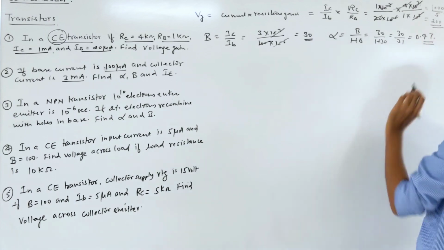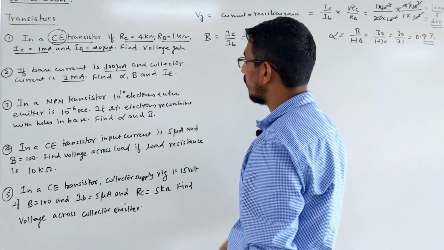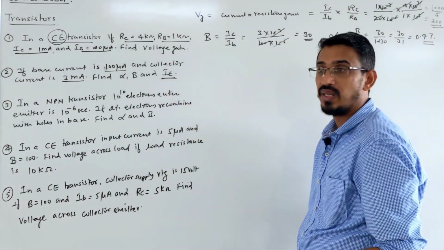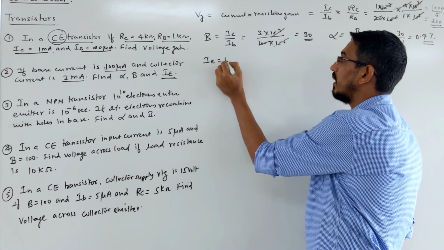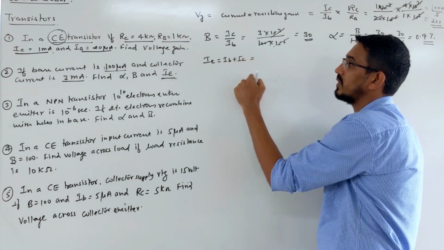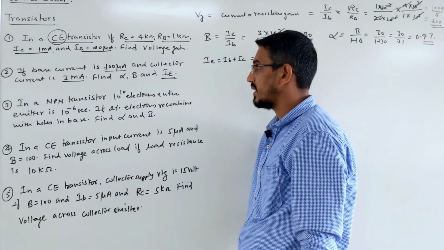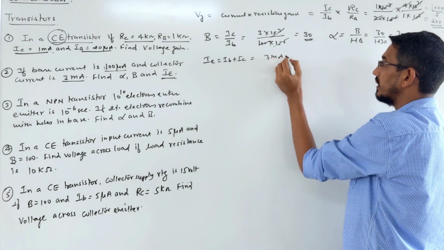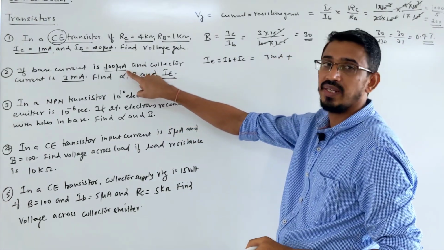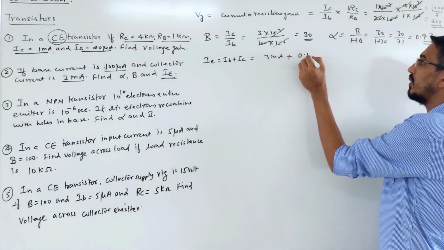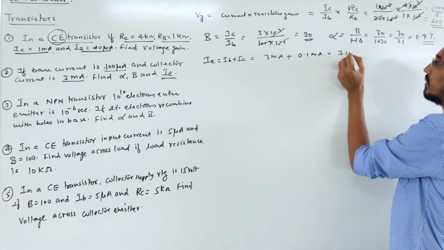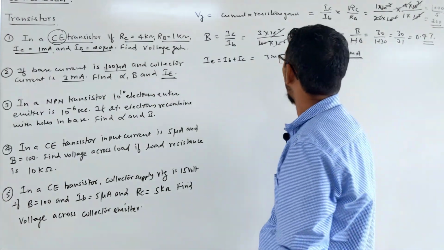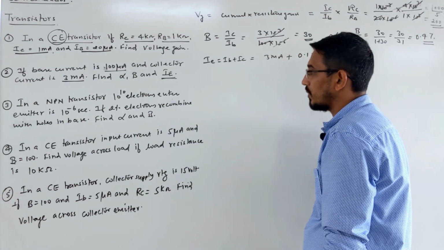You can write approximately something like that. One more thing you need here was emitter current. So no need to write any formula, because emitter current is what? IB plus IC, and both currents are known to you, right? You have to put them in the same unit. This is collector current, 3 milliampere, plus you want to put this into milliampere, so what you can write? 0.1 milliampere. So the answer becomes 3.1 milliampere. That's what your IE is, right? Same unit. Okay. Moving on to question number 3.